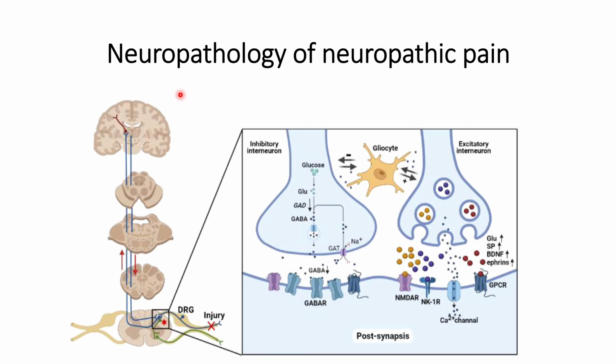In this video, we will discuss the neuropathology of neuropathic pain. So what happens in this case? Neuropathic pain develops when there is an imbalance between inhibitory interneurons and excitatory interneurons. So how does it begin? It begins with the electrochemical